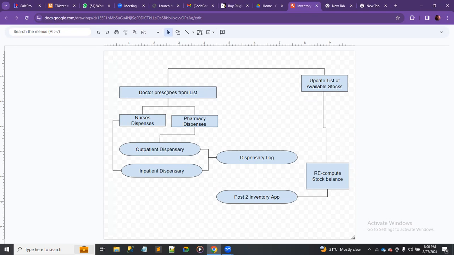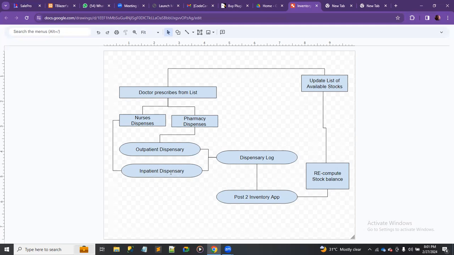So now when the doctor's list is updated, he can then proceed with prescribing drugs. Prescribing of drugs, as we are going to be seeing shortly, is done for outpatients at the pharmacy level, and is also done by nurses. What this diagram means is that prescription of drugs goes through inpatient and outpatient type of patients. That's what is trying to be depicted here. So for prescriptions that go through the nurses,